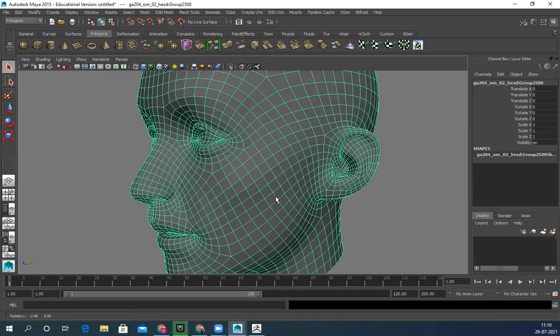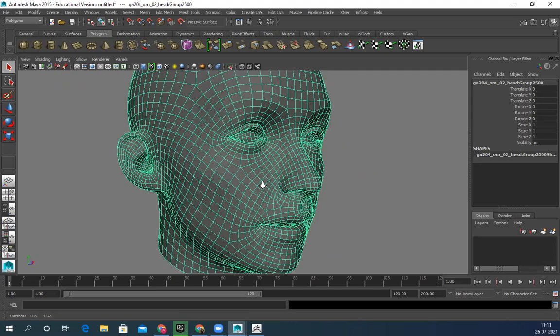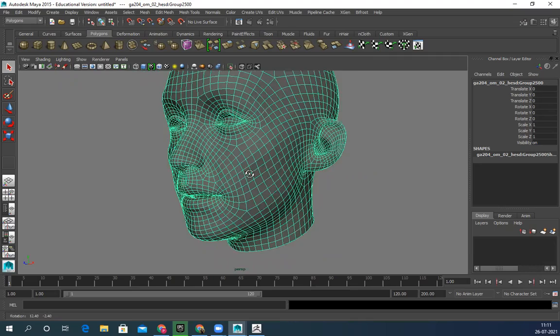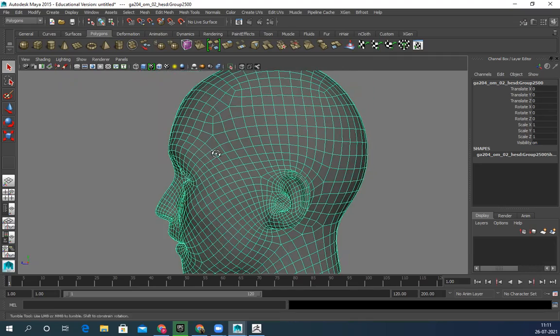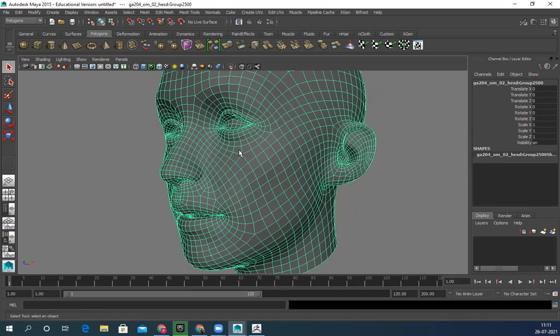This is almost correct, but it's not accurate, because especially for a character, understanding the topology and the loops is very important. If your loops are not correct, it's not animatable, and if it's not animation friendly, it's wrong. No matter what, maybe the character looks amazing, but if your topology is wrong, you won't be able to animate it properly. So technically it's an incorrect model. I have imported this base model here, it looks decent, but you can see those pinches, and this is something you cannot avoid no matter what.